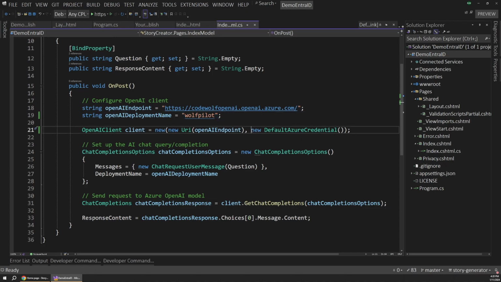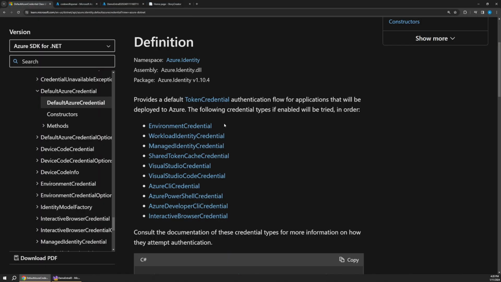Now, some people do have an issue with default Azure credential, and that's because of the way it searches through those different credential patterns in order. So if we go back here, this can potentially cause an issue when it's automatically just searching for the next available credential. You might end up in a situation where someone logged into an Azure CLI on a VM unexpectedly, or something where it picks up the wrong credential set. In my experience, that's not a super common thing that happens, but if you want to be extra secure,